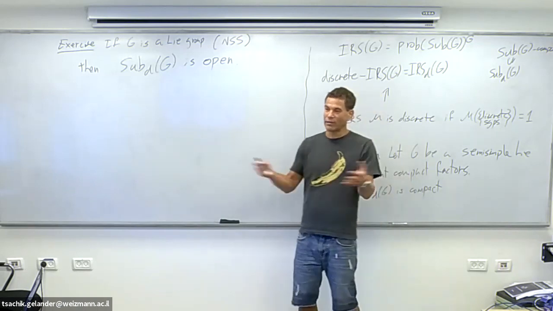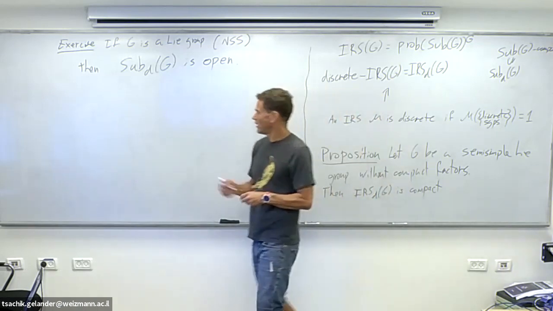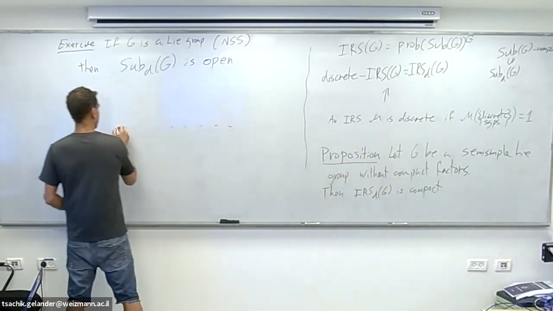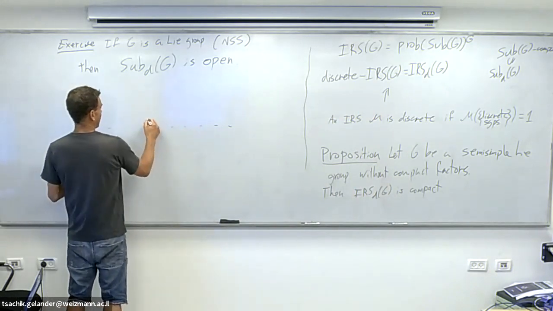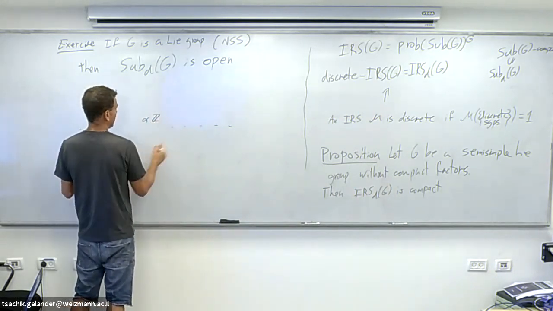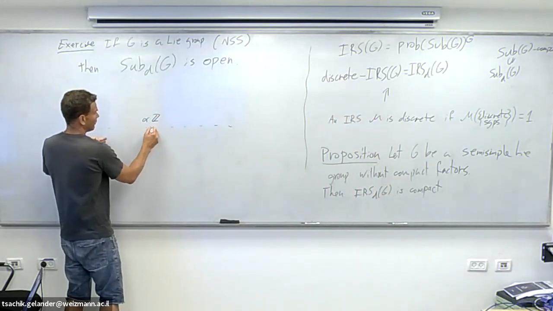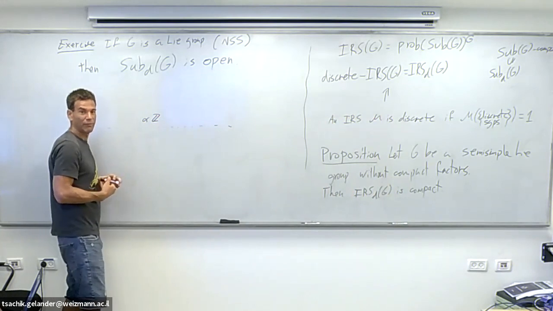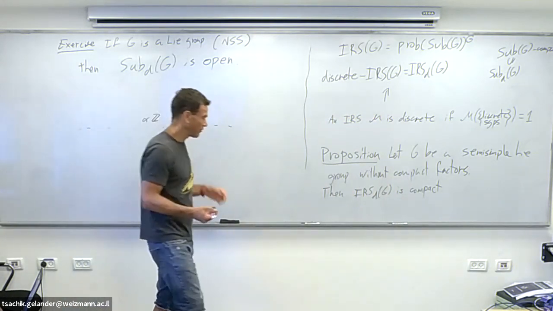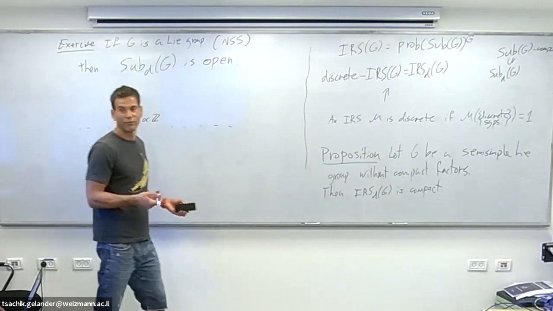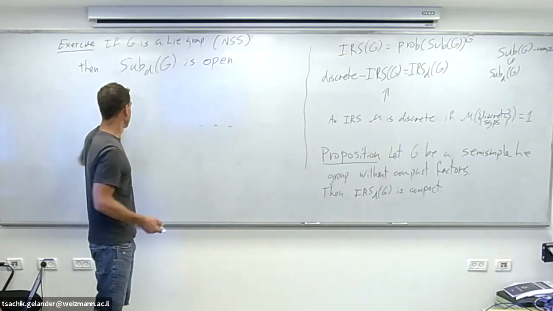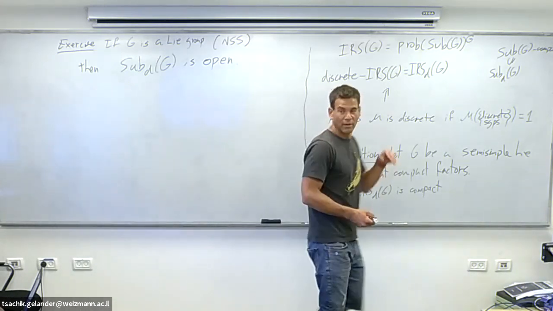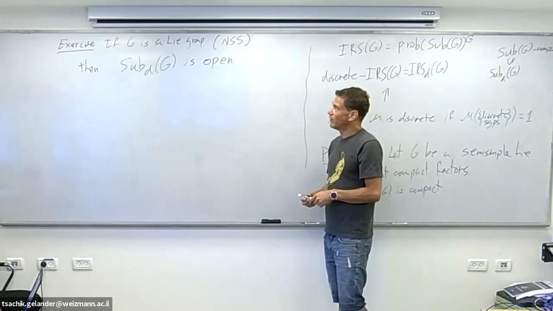For example, inside R, you can take a discrete group which is a copy of Z. So this would be alpha times Z inside R. And when you take alpha to 0, then this group becomes denser and denser. So in the limit, you will get R. So you see that the limit of this group is not necessarily discrete, but R is nilpotent. So it's not a contradiction to what I say. But you can say things about the closure, but this space is not closed, but it's open.